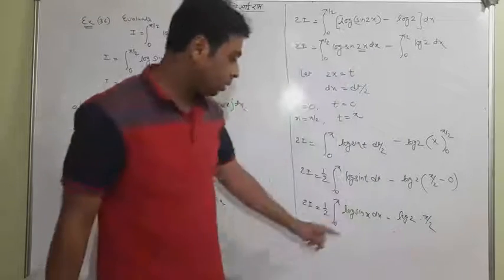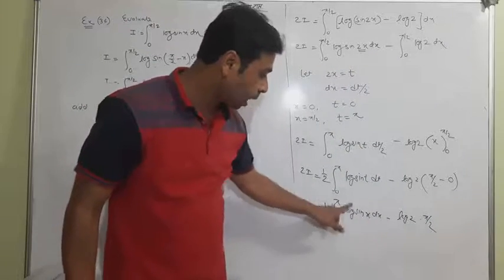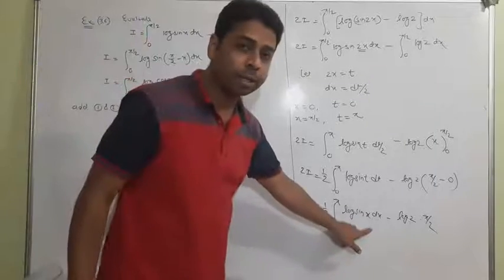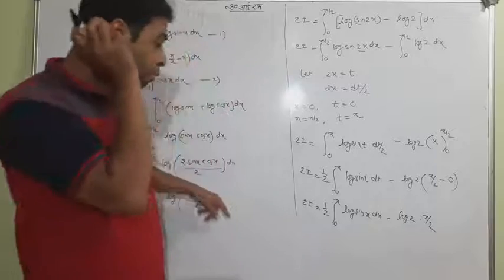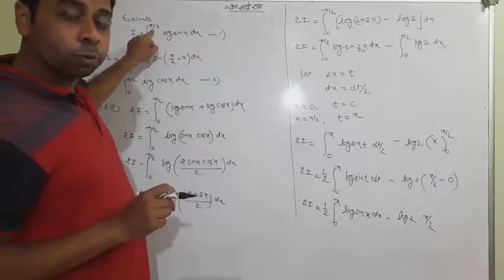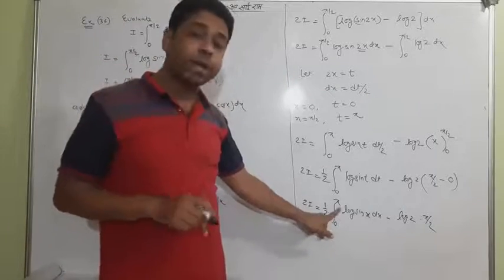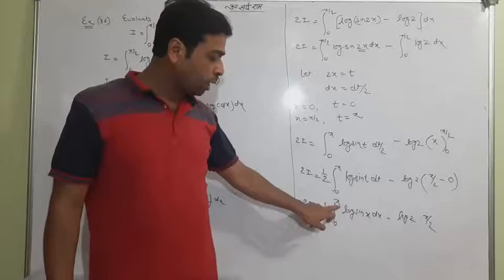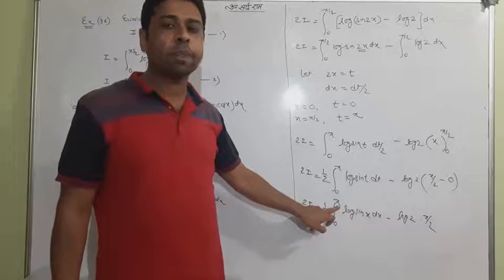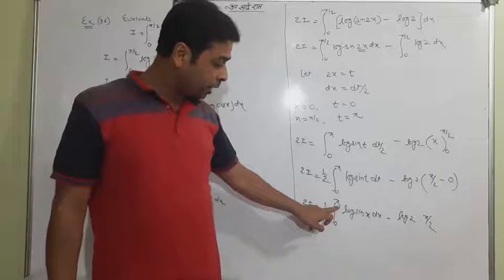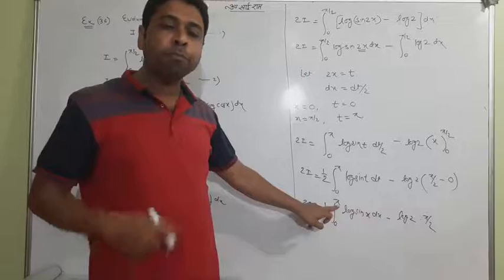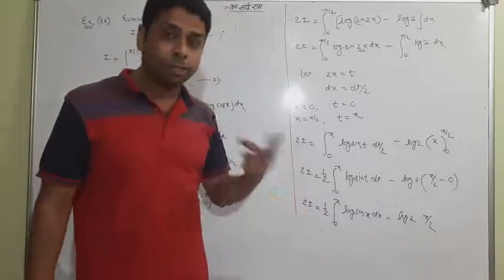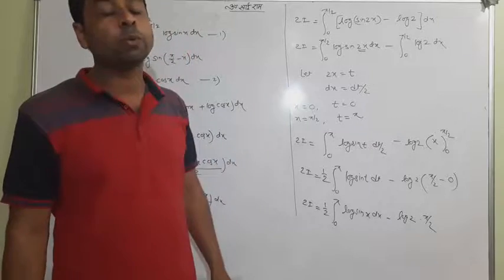Now students, this section is now equal to this one, log sin x dx, both are the same. But unfortunately, we had the limit 0 to pi by 2, and it is coming 0 to pi. Again we failed. It should come pi by 2, but it is only pi. Until and unless we change this pi into pi by 2, we cannot write it equal to I. So we will change pi into pi by 2, then we can write it equal to I.